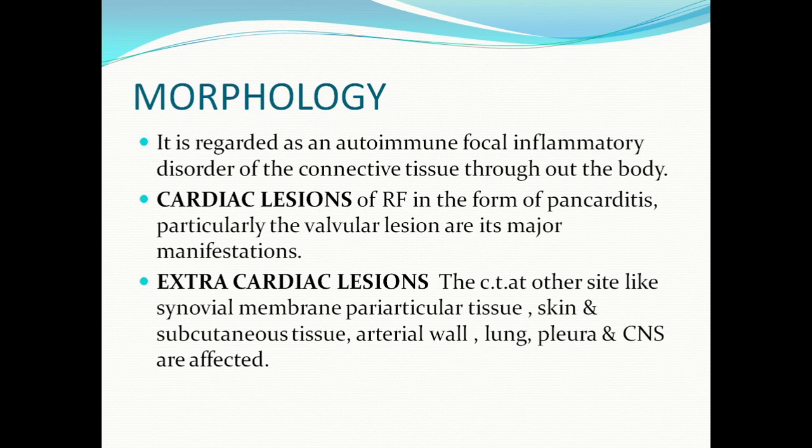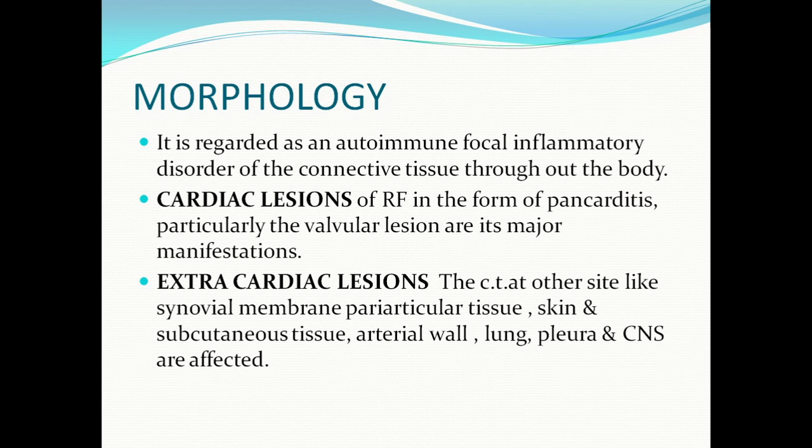So it's all about the pathogenesis. The main ones are the two components, the infective component and the autoimmune component. Now come on to the morphology. In morphology, it is regarded as an autoimmune focal inflammatory disorder of connective tissue throughout the body. As I have already told you in the definition, it is a multi-system involvement, and throughout the body